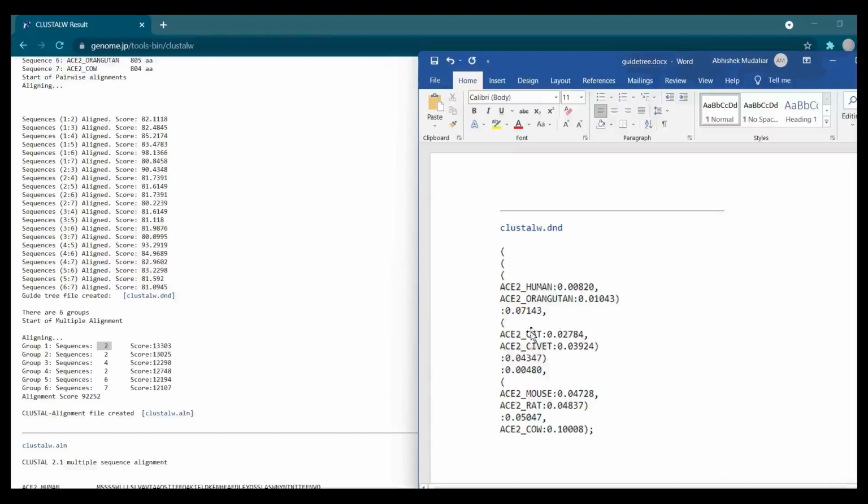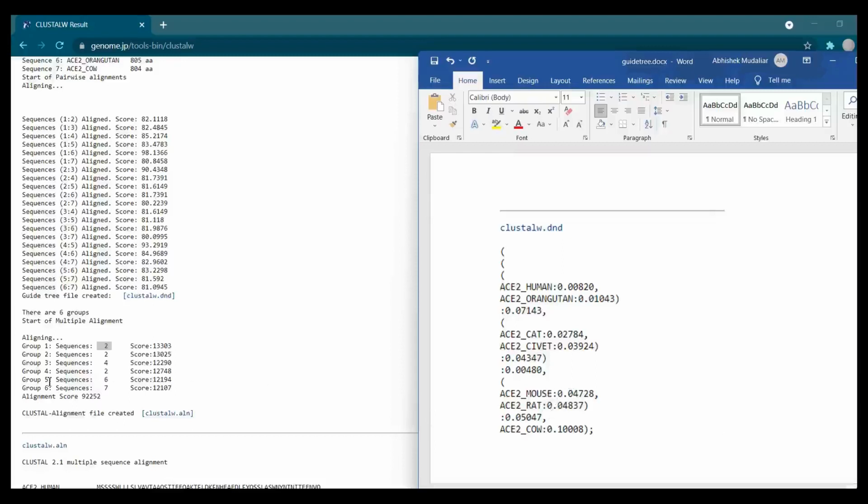Group 3 is 4 sequences grouped together. So human, orangutan, cat and civet, all four will be aligned together and the consensus sequence will be obtained. Next, the fourth group is 2 sequences, which indicates alignment of mouse and rat.